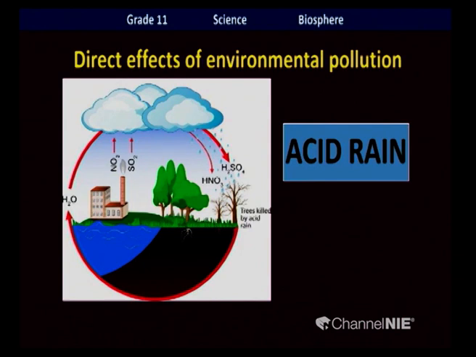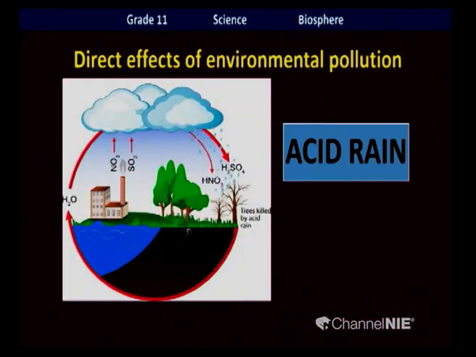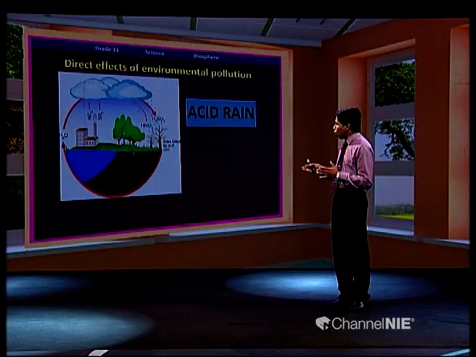You can see here the emission of NO2 and SO2 gas. They dissolve in the rain forming strong acids. There are two strong acids. If sulfur dioxide and sulfur trioxide dissolve in the rain, they produce the strong acid sulfuric acid. And if nitrogen dioxide dissolves in rainwater, it can form the strong acid nitric acid. Then the pH value of rainwater can decrease below 5.6. This acid rain can cause land pollution as well as water pollution. It begins with air pollution, but it can lead to land pollution as well as water pollution.